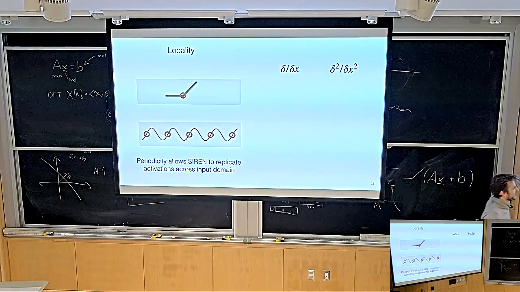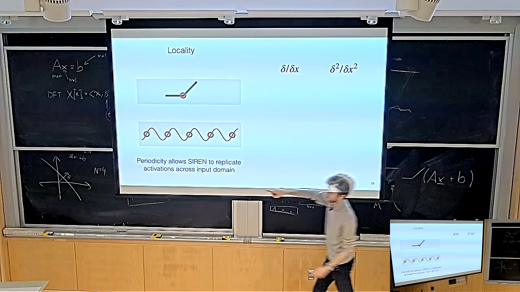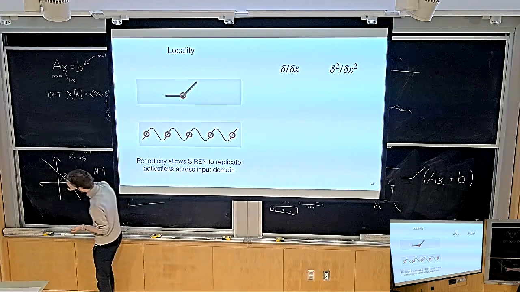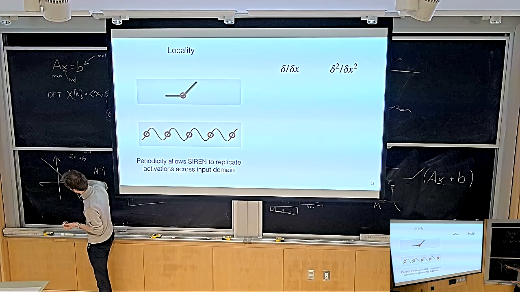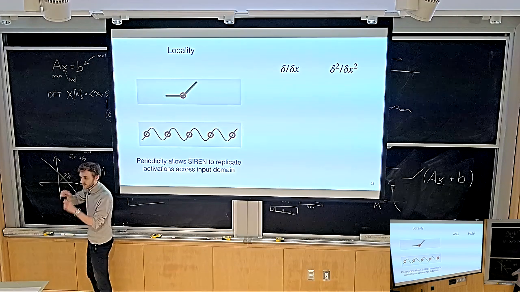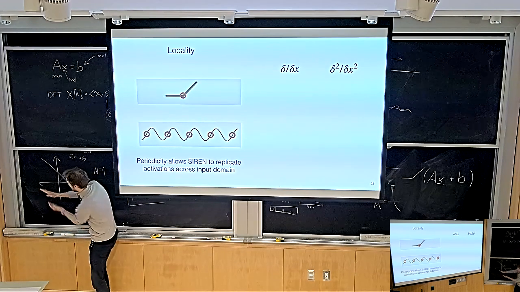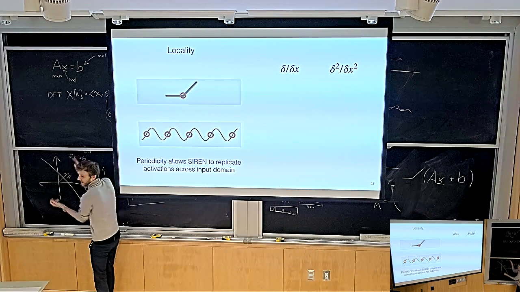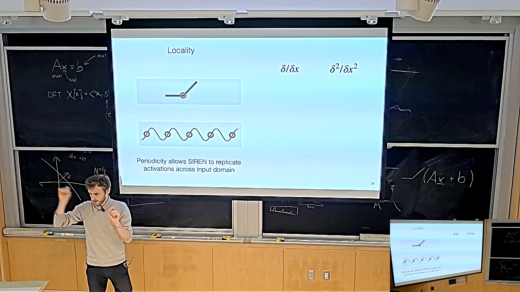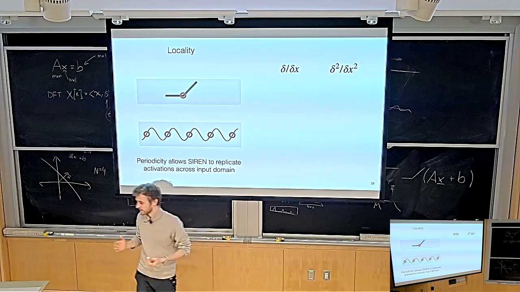Versus the sign activation function, right? If you think about what the sign activation function does, it will actually look like this as well, but instead it'll give you a sign. So it'll give you lots of activations throughout the input space, as opposed to just one little kink to do something with. So that was one piece of intuition.